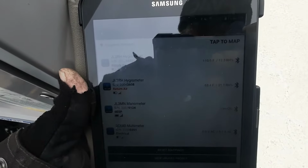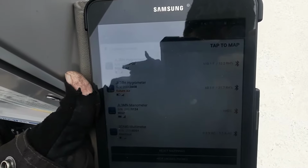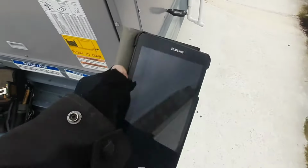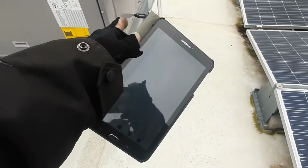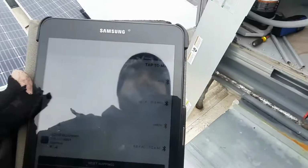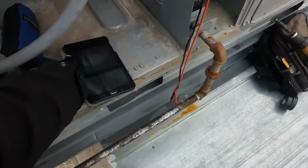So 108 would put me at 40 degrees. So I'm sitting about 42 right now. I'm 120 here, so I've dropped about 10 degrees on my temp rise and my temperature right there. So I'm pretty happy with that. I'm gonna watch it for a little while longer and just monitor. And then